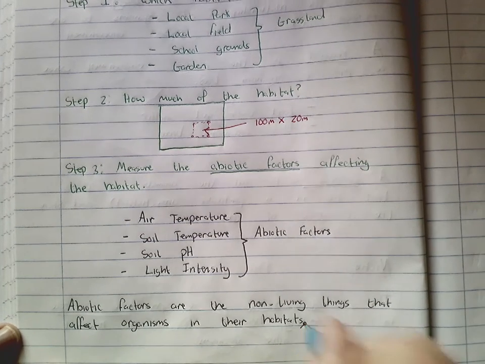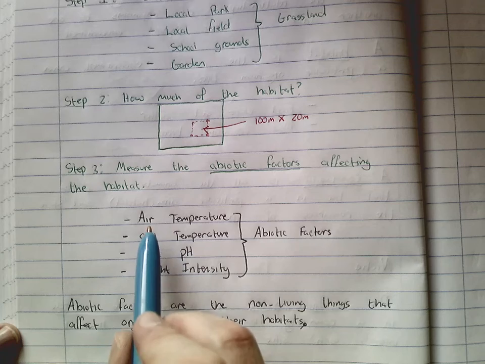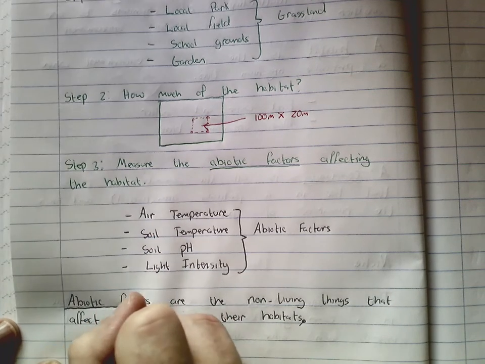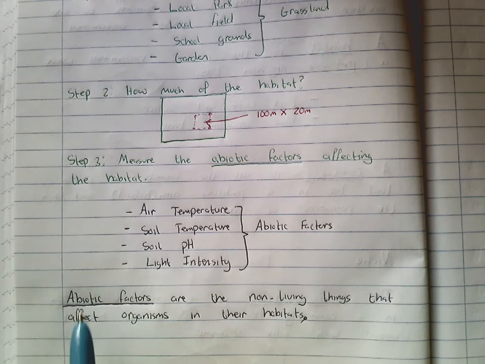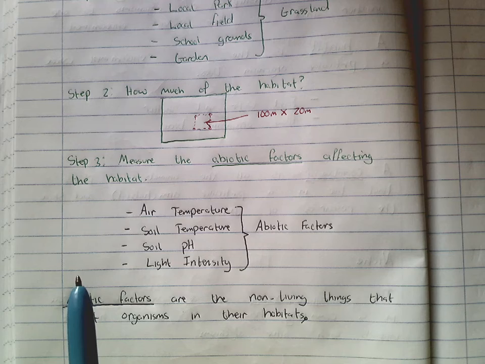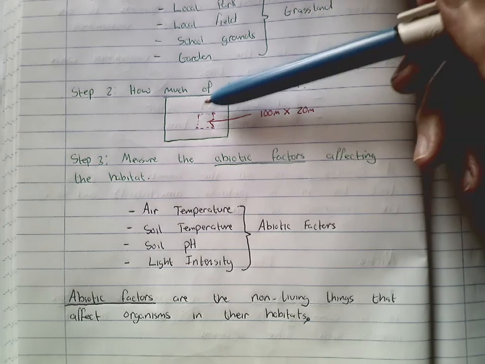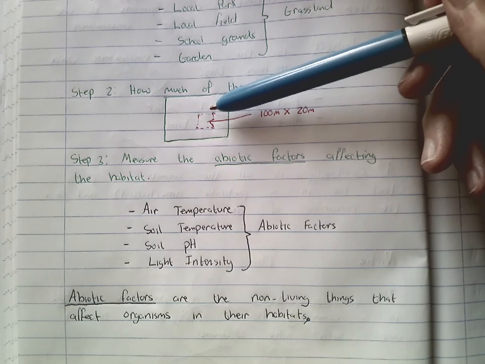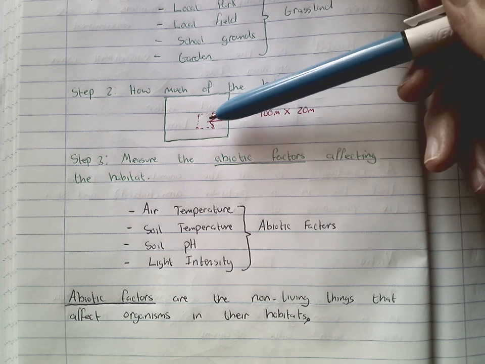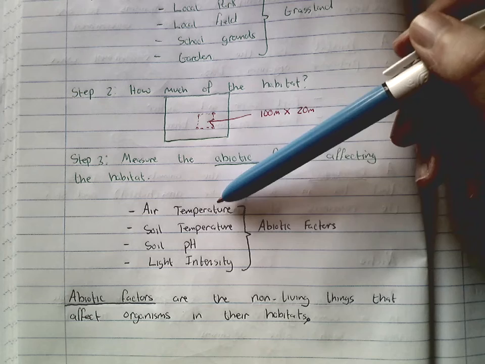And so they're non-living things, and these are examples of them. So abiotic factors, again, really important. This is just a term that ecologists use when they're describing factors that can affect an organism within the environment. So if you were to look at your garden, for example, and look at a particular section, you might be looking at